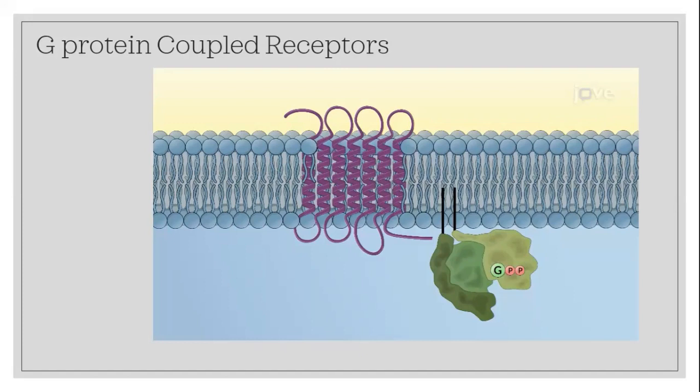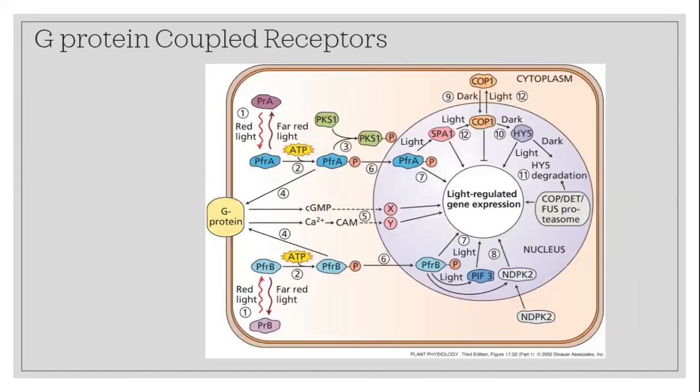The G protein coupled receptors can be activated by light, by hormones, by certain molecules, and that is very common in animals and very rarely seen in plants. After G protein coupled receptors, the third type of receptor. This is an example of a G protein receptor, where you can see there is a G protein here, and many receptors which are light receptors. Here, this is the phytochrome, where the PR gets converted to PFR, then it activates the G protein. G protein activates the cyclic